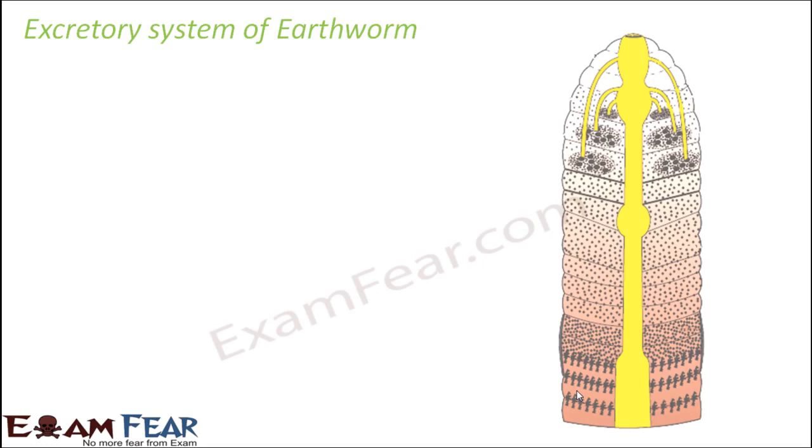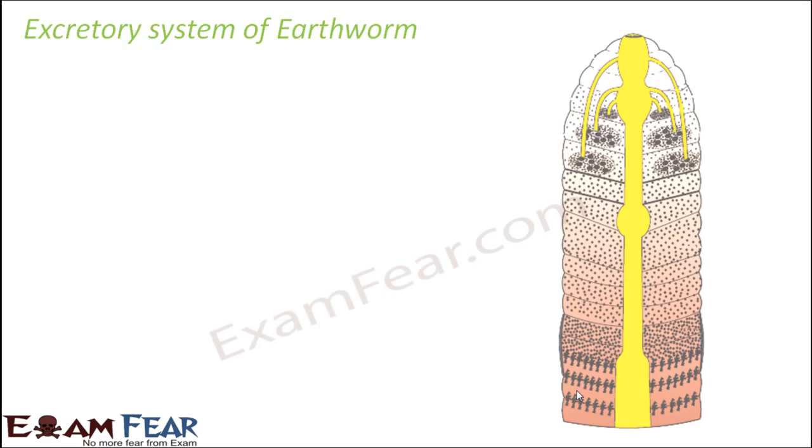Now after digestion, there will be some amount of food which will not get digested. So what happens to that waste? Because that is not getting digested, it cannot be absorbed or utilized as energy by any part of the earthworm. So it needs to be removed out of the earthworm body. So how is that done? That process is nothing but excretion. So how does excretion happen in case of